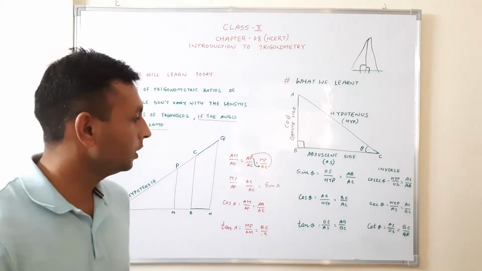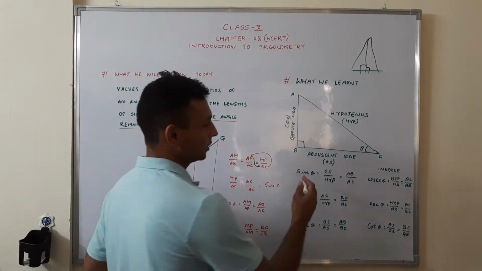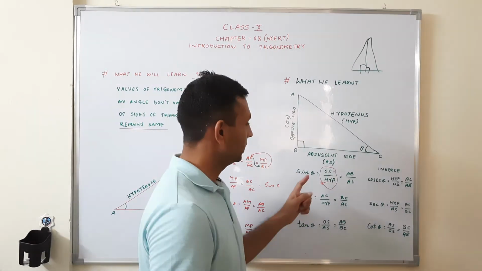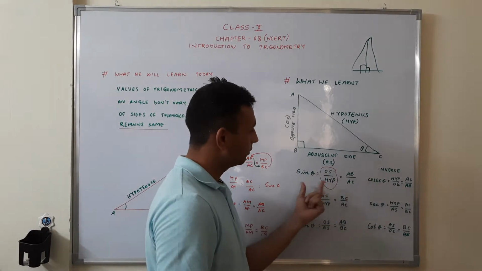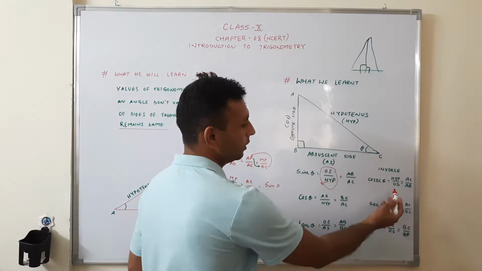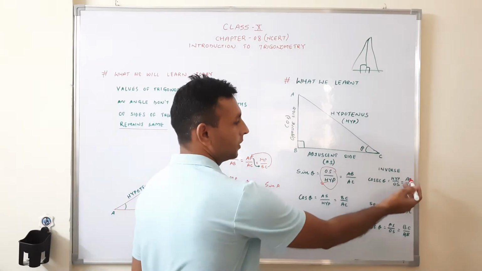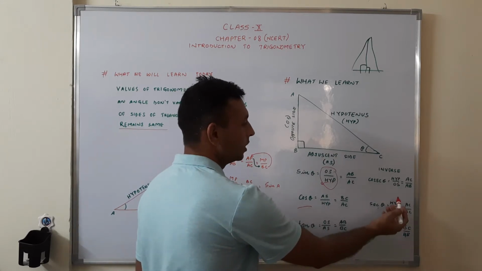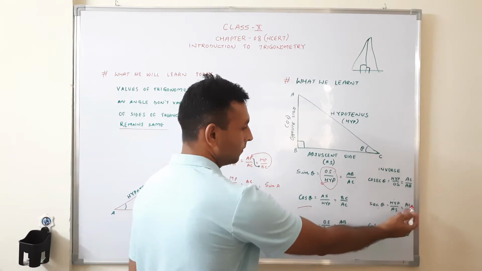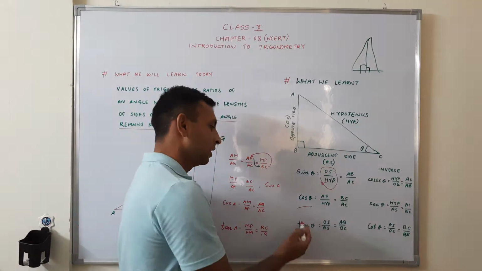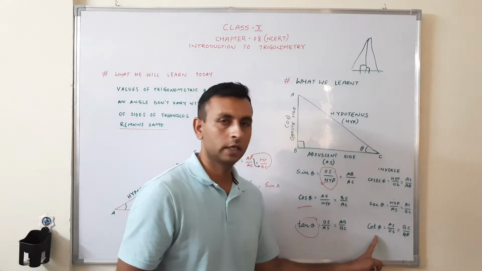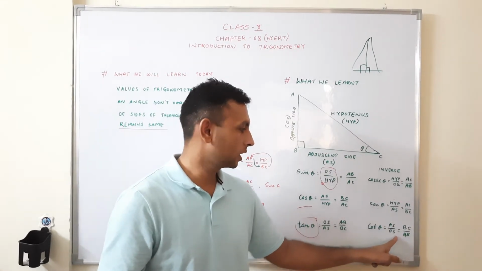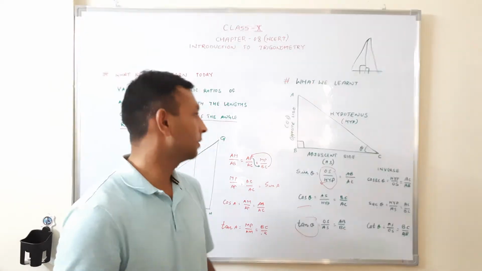We had also learned one more thing, that was the inverse of these functions. What would be the inverse of these ratios called? For sin theta, it will be called cosec theta. The ratio will be hypotenuse upon opposite side, equal to AC upon AB. It is nothing but the inverse of it. Likewise for cos theta, it is sec theta: hypotenuse upon adjacent side, equal to AC upon BC. Same for tan theta, it is cot theta, that is adjacent side upon opposite side, which is BC upon AB.